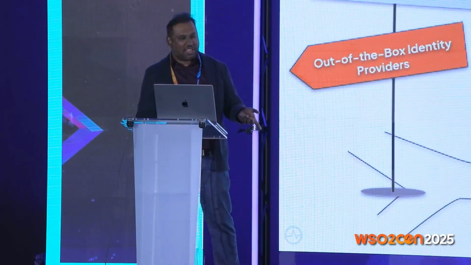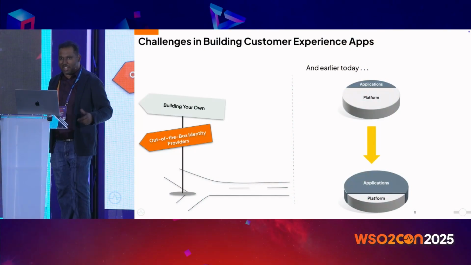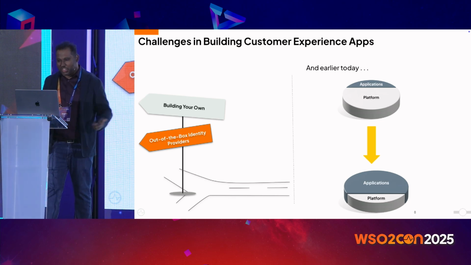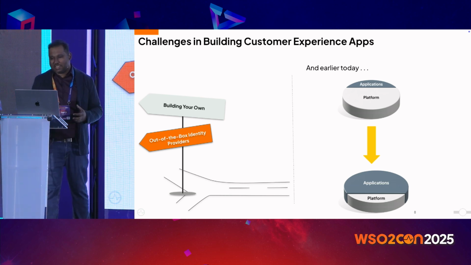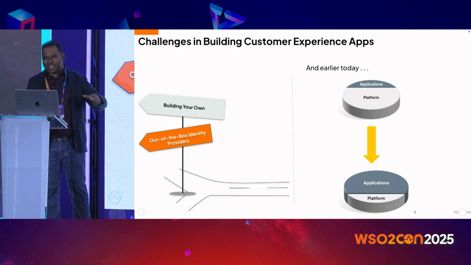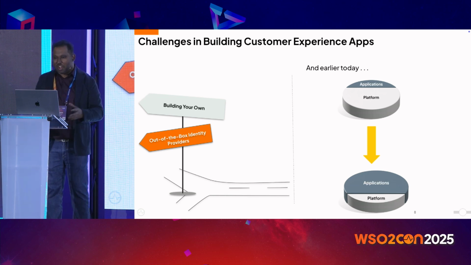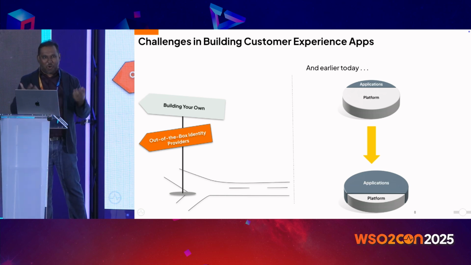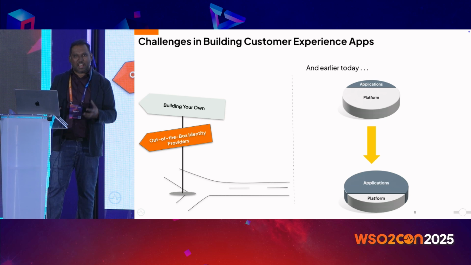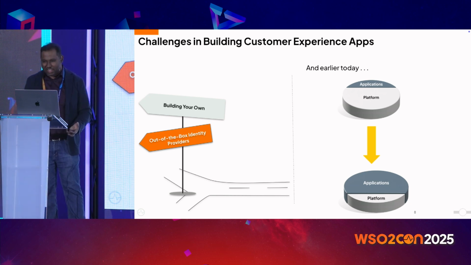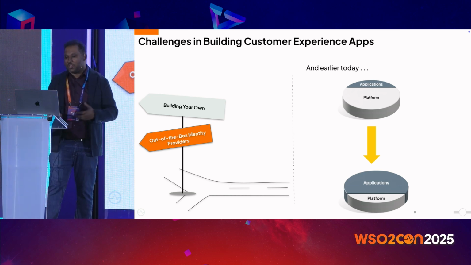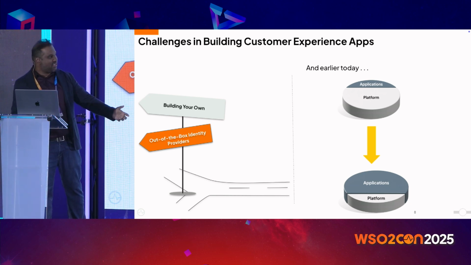Then on the right side, I think this is familiar. I took this from Sanjeeva's morning sessions, right? So if you decide to build on your own, that's like you are building this platform thing. Rather than focusing on your application, you're trying to build this underlying platform, right? And most of the time, you will end up creating yet another identity provider in-house. And you have to support it as well. So instead of that, what we would like to suggest is what is described in the second one,